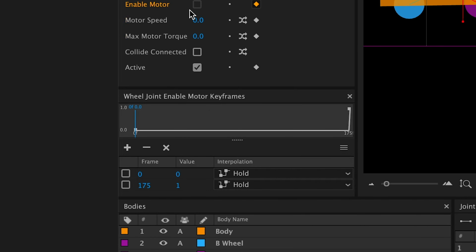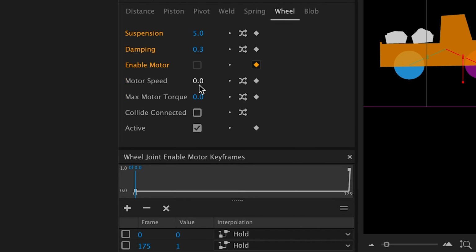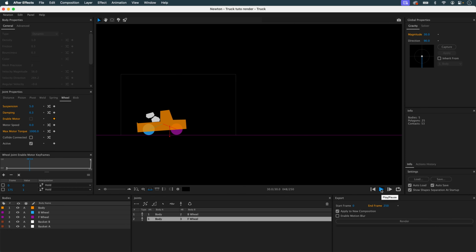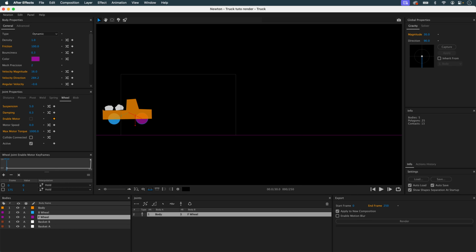In fact, it brakes. In other words, my motor is engaged, but the speed is at 0. I'm going to give it a lot of torque. It pulls back and stops. I think the front wheel doesn't have enough friction. It's definitely going to brake a lot more. We'll add a few more frames. Perfect.